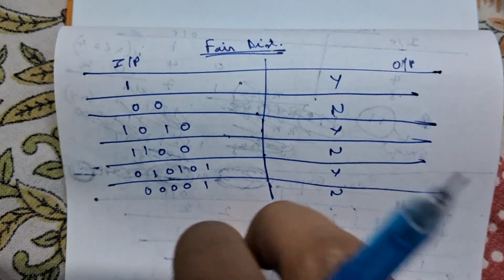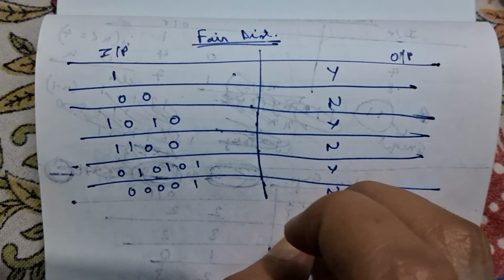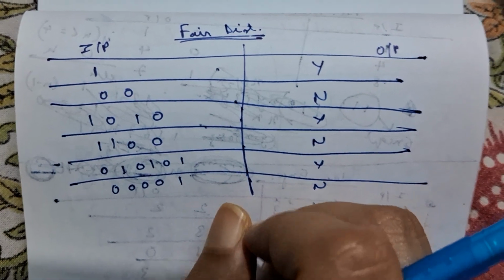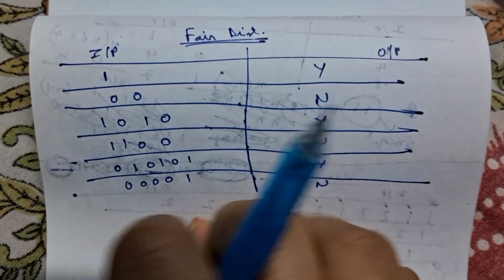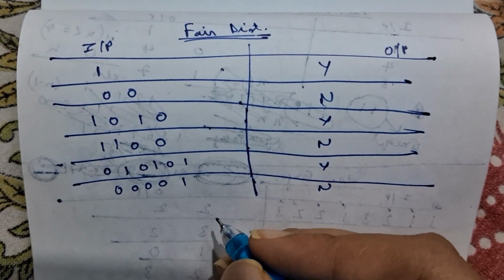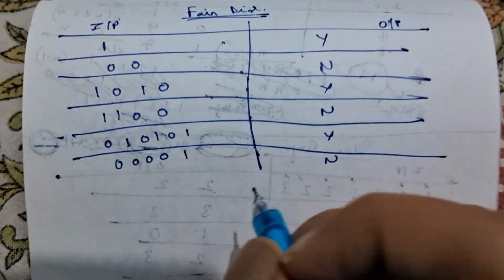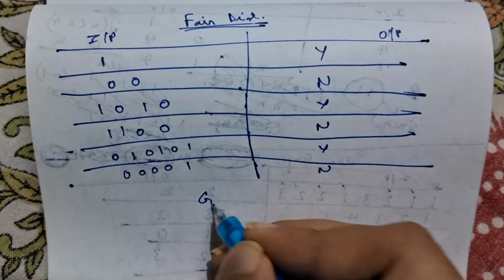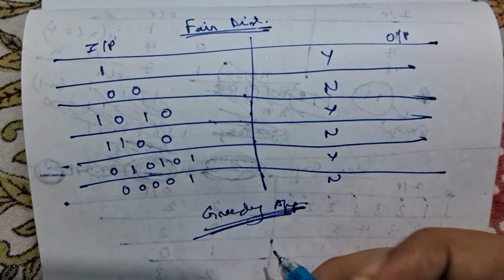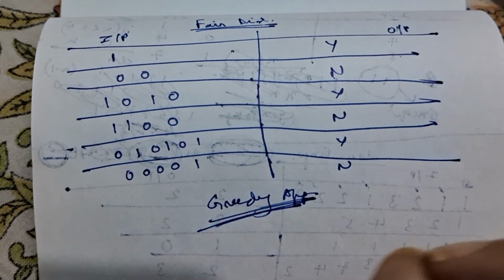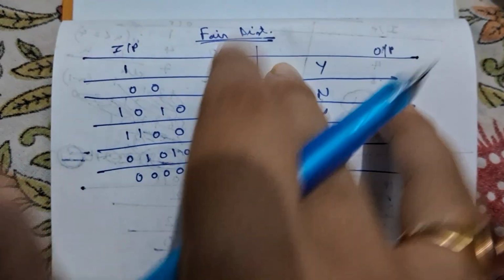Now, I won't get into test cases like why this happens. I will tell you the intuition behind this, but I will straight away go to the point that this is a greedy approach. So before explaining, this is a greedy approach. Now, why is it a greedy approach? Because